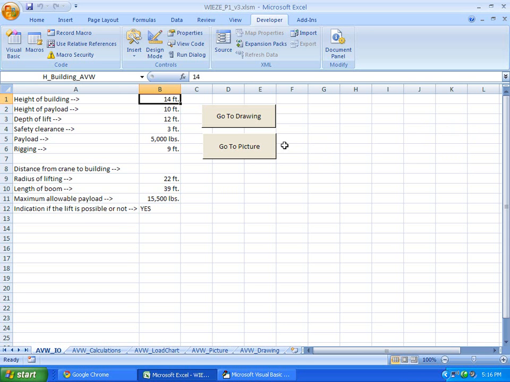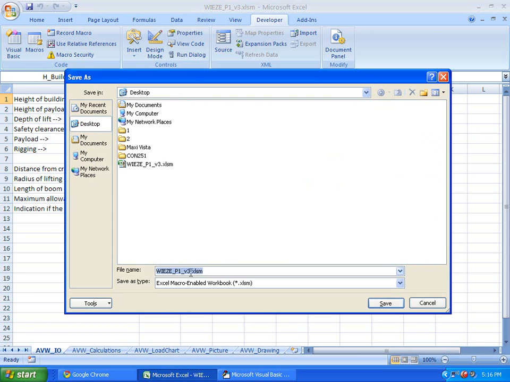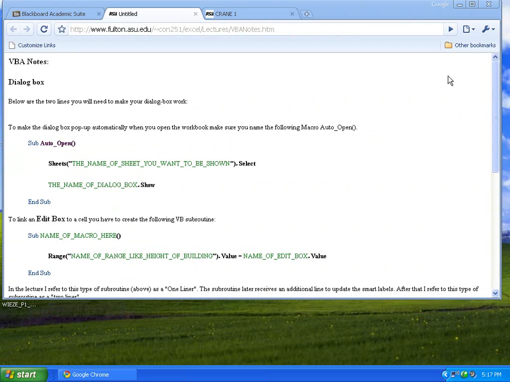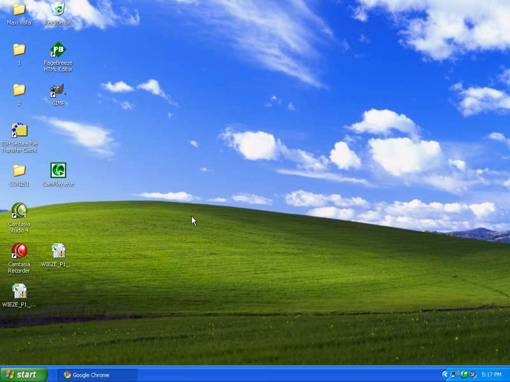File, Save As. This time this is going to be version number 4 on the desktop, and I want you to see what happens with the auto open. So I'm going to close Excel. When I did that, Excel Visual Basic went with it as well. You can save it from Visual Basic as well. I prefer to save it from Excel so I know what I have just saved. And this is version 4. When I open it,